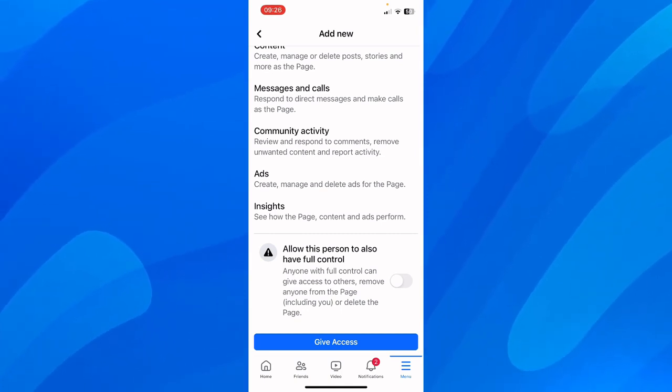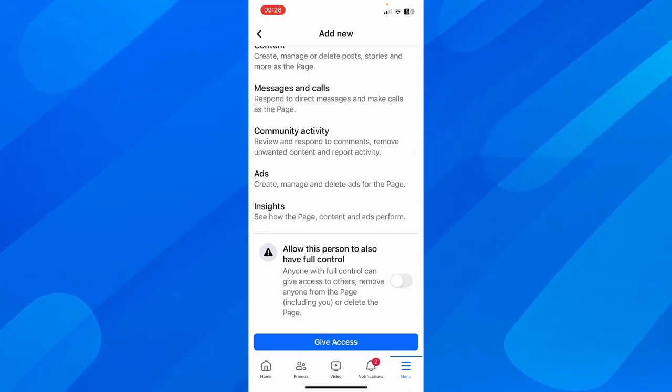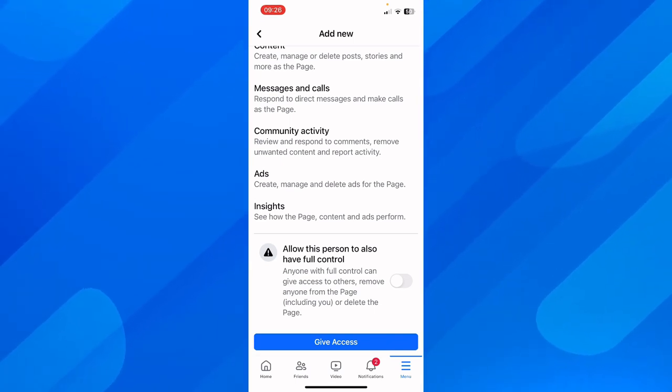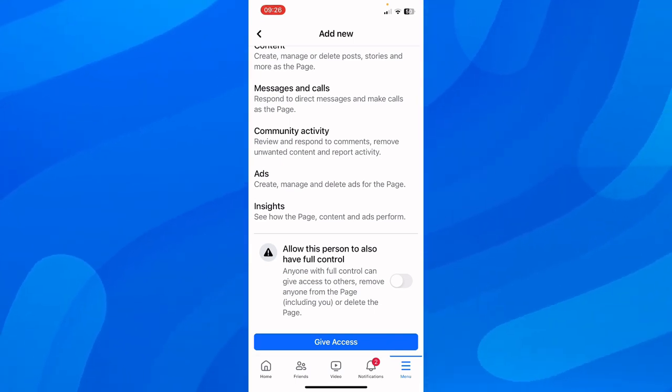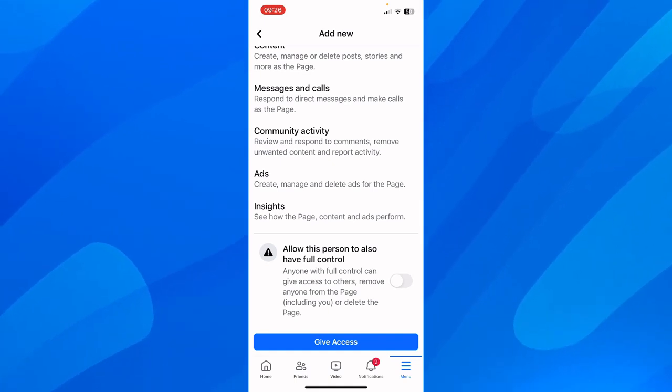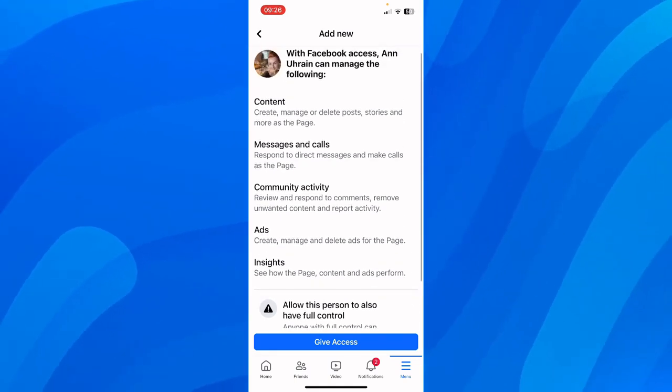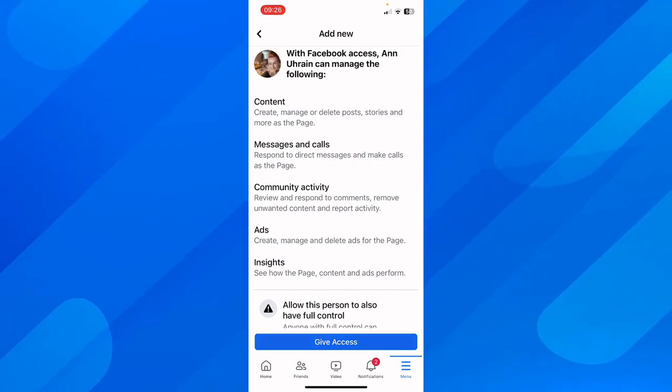So basically anyone with full control can give access to others, remove anyone from the page including you. So this is very important. They can delete you or delete the page. So usually I don't select this because it's risky, so I only go with this at the top,